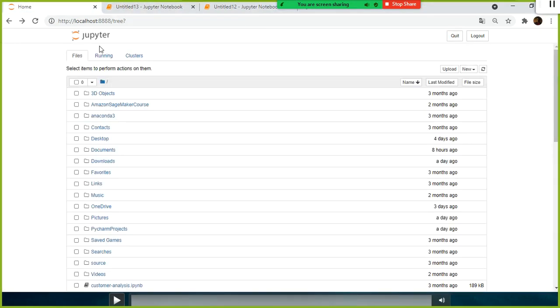Before opening this, it will bring up your Windows operating system window, right? The operating system command line window pop-up will come. So there you have to wait. When you see that, it will take some time to start the Python kernel. So once you see localhost:8888, in some cases 8889 will come. Once you see that, just minimize it, don't close it.